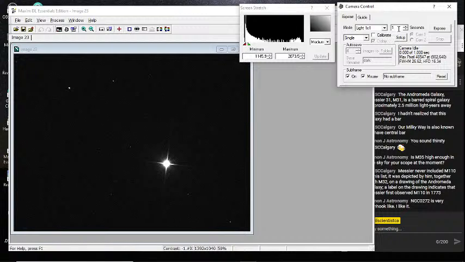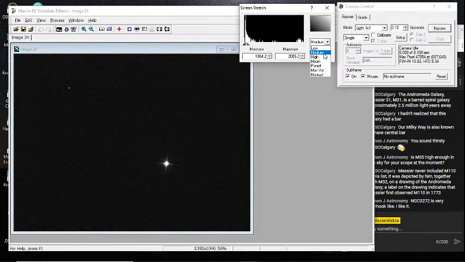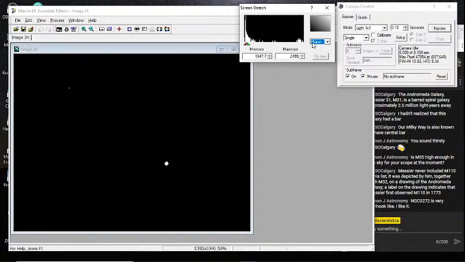It's hopelessly overexposed at 1 second here. So let's go down to 1/10 of a second and see if that helps a lot. Nope. I don't think we're going to get much of a better picture of Mars.